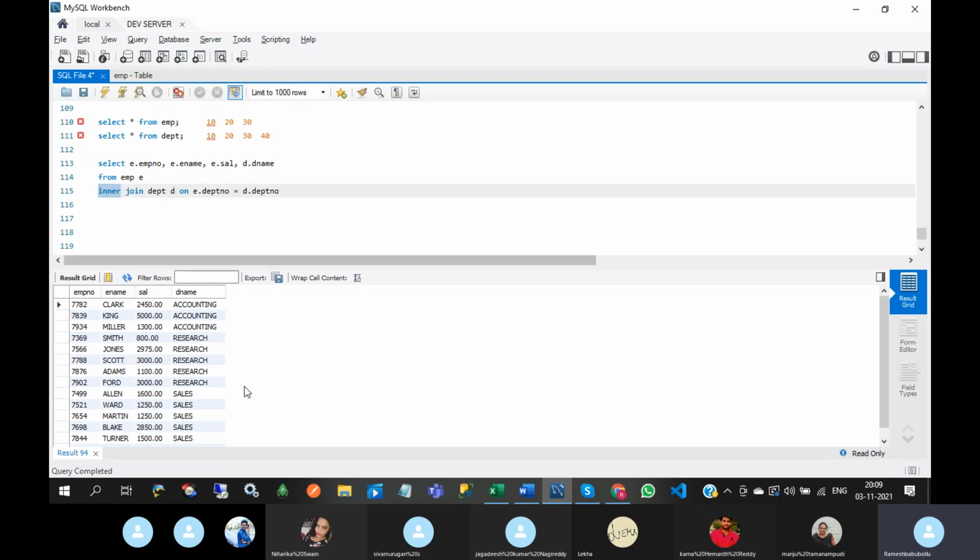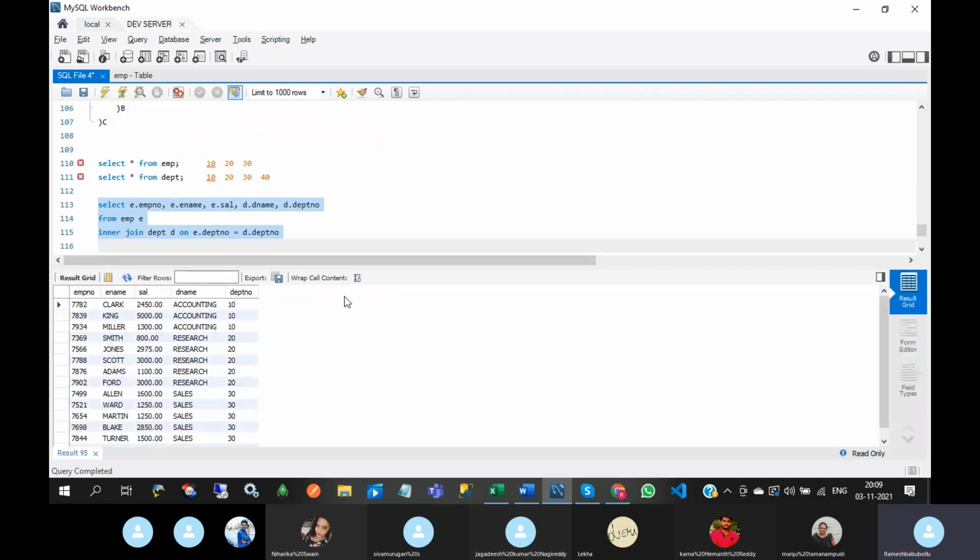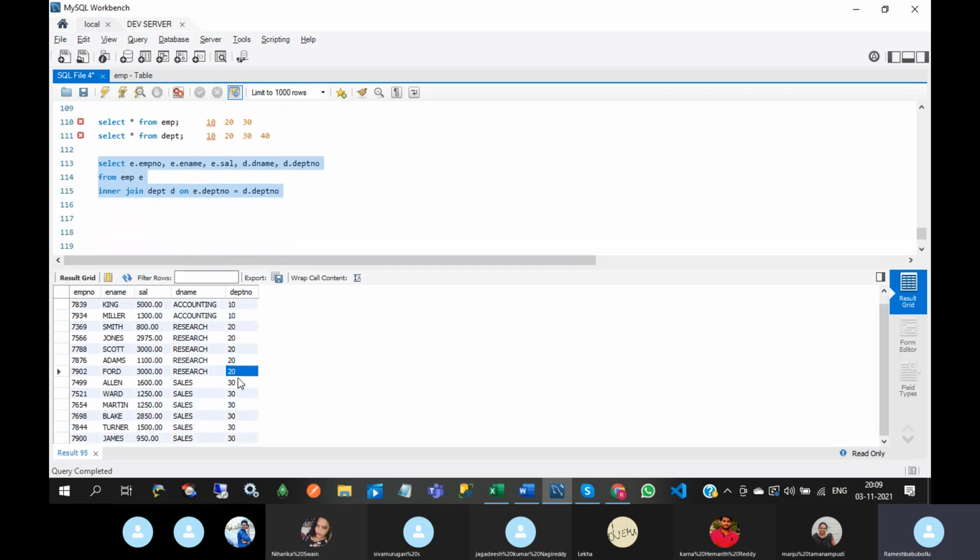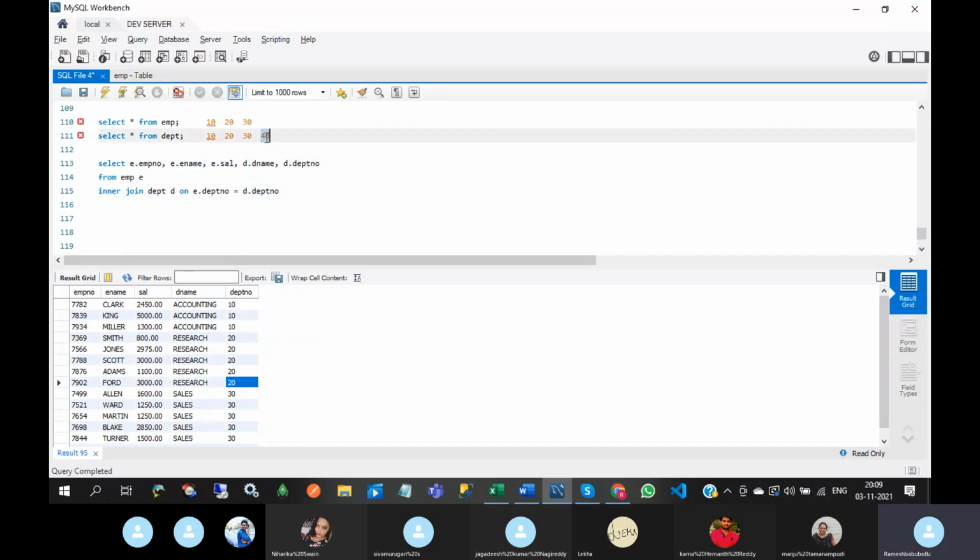You can observe this, department number: you will not get 40. Why? Because you have used inner join. If you want to get 40 also, then you need to join with right join.